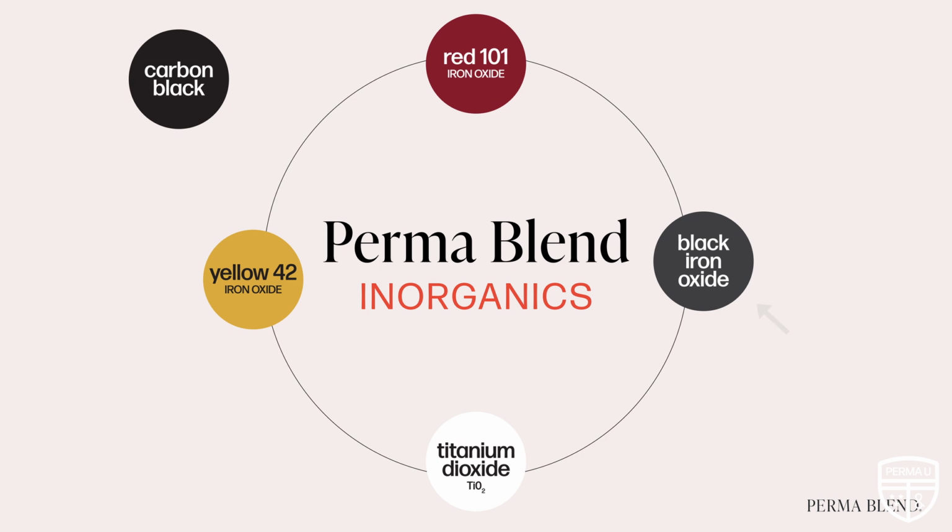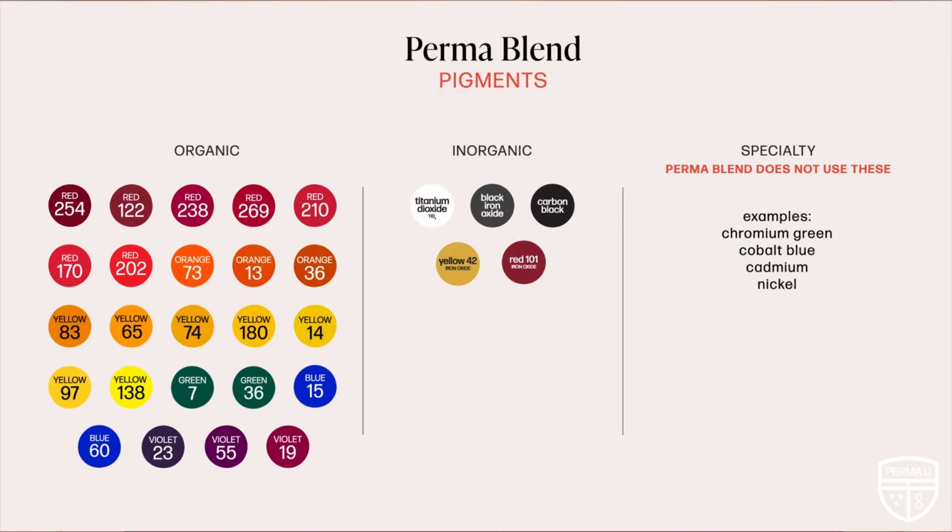For black pigments, we use black iron oxide, but because of its poor tinctorial strength, for some colors we will use carbon black, a non-oxide pigment with a higher tinctorial strength. There is another category called specialty pigments, which include cobalt blue and chromium green oxides. We do not use specialty pigments in the Permablend line. Due to increasing regulations around the world, we must constantly reevaluate the quality of our raw materials and the sourcing of those materials regarding sustainability. The main objective of Permablend's research and development is to continually identify and develop safe and effective quality pigments that